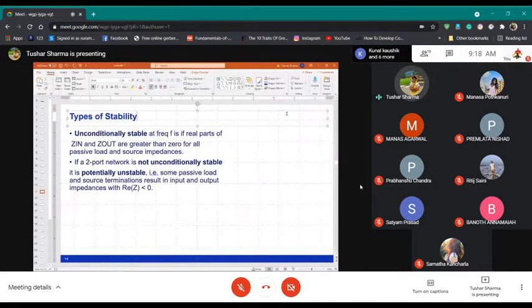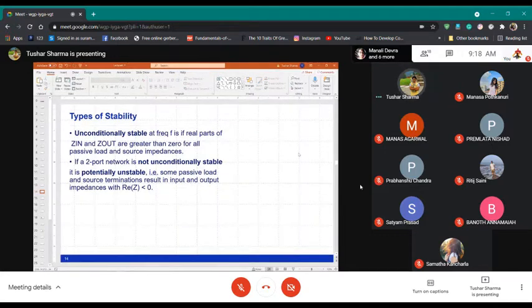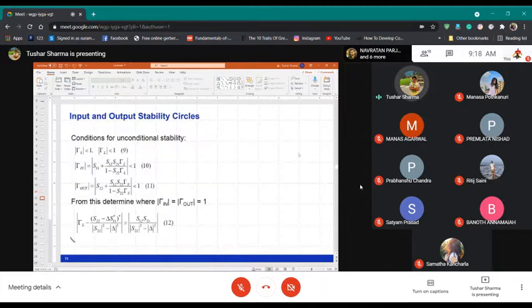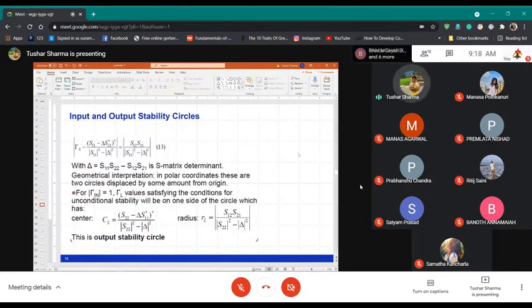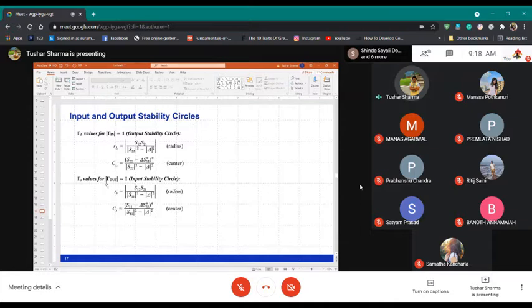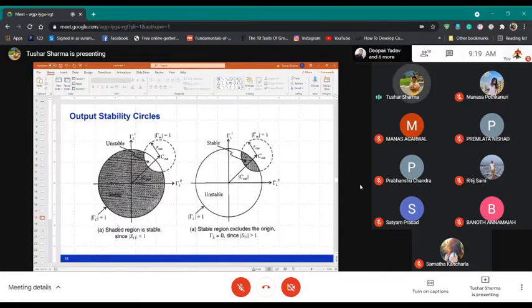So first we took the device and we check for the stability. How do we check for the stability? We check it using the K factor, and I will go through what the K factor is. But once you have a device, you first take the S parameters and plot the output stability circle and input stability circles using the formulas we derived for RL, CL, and RS and CS. Once you have it, say you are at the output and looking at the output stability circle. For example, this is my Smith chart, the one in black, and this is my stability circle which I have plotted.